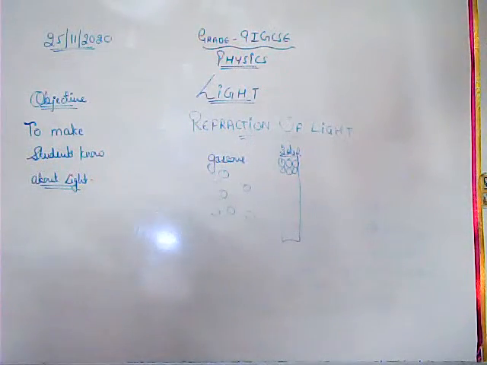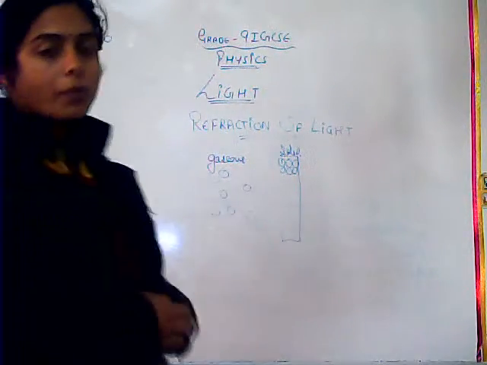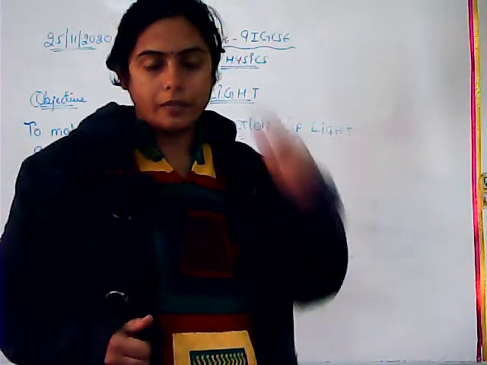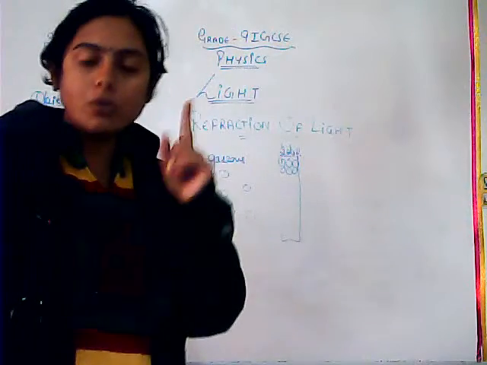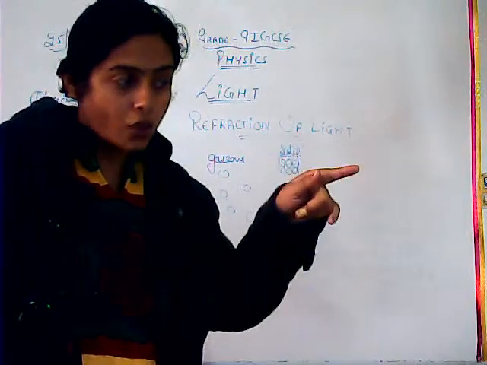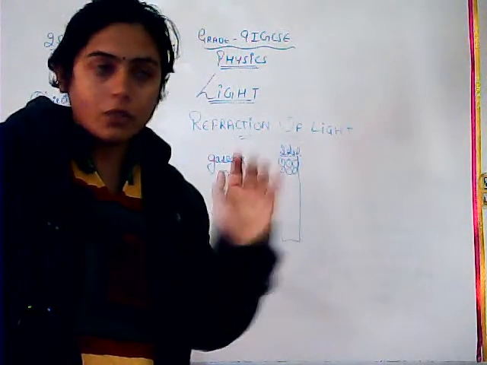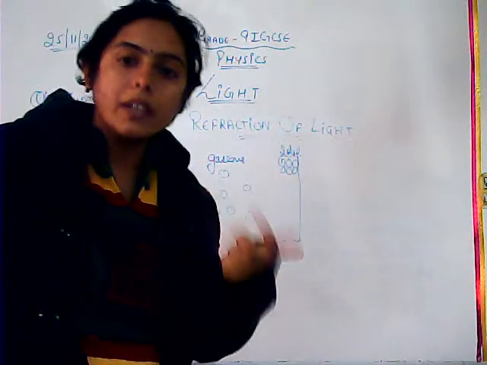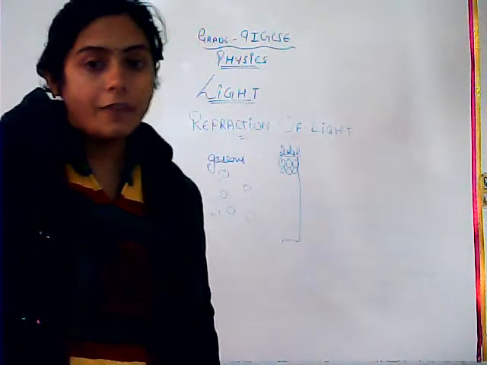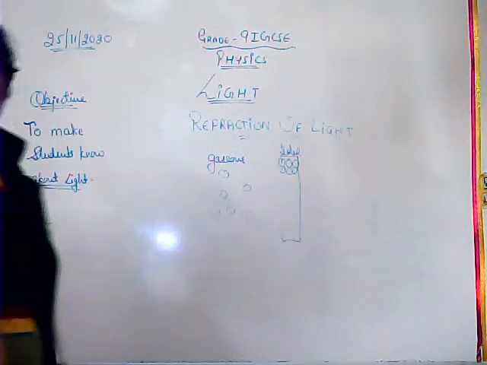Okay. Now, as the light passes from rarer to denser or from denser to rarer, it bends. Fine. And this is what we say refraction of light. इसी को हम बोलते हैं refraction. Bending of the light while passing from one medium to another. Fine. And if it bounces back, उसको हमने क्या बोला था? We call it a reflection. The light goes, strikes and comes back. दो same medium में हो रहा है ना, तो उसको क्या बोल देंगे? Reflection. अगर वो medium cross करेगा तब हम उसको क्या बोल देंगे? Refraction. Then we call it refraction of light.